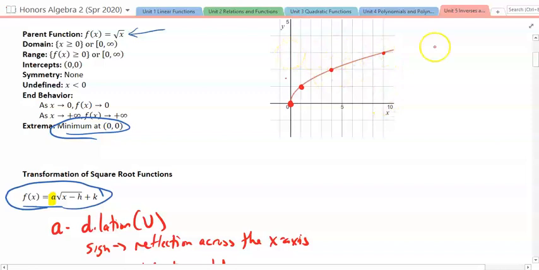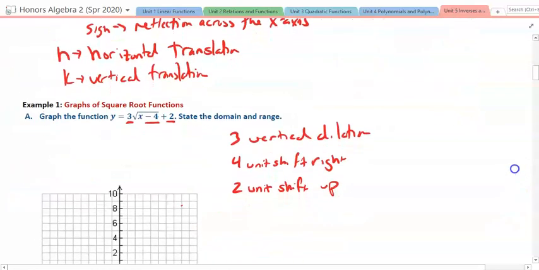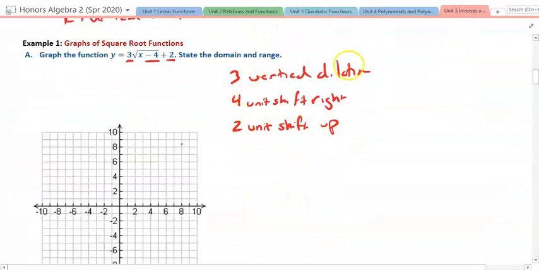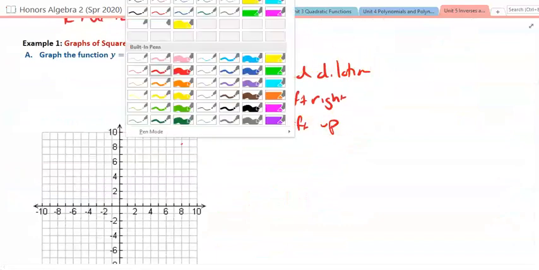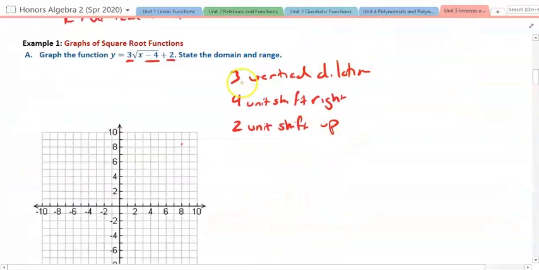3, right? So if we think about those ordered pairs, 0, 0, 1, 1, 4, 2, and 9, 3, we're going to transform these points through these dilations. And so let's think about where these points will go. If I'm at 0, 0 originally, that's my parent function, a vertical dilation of 3 is not going to